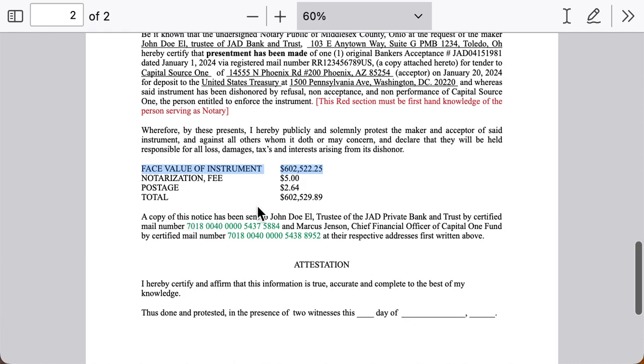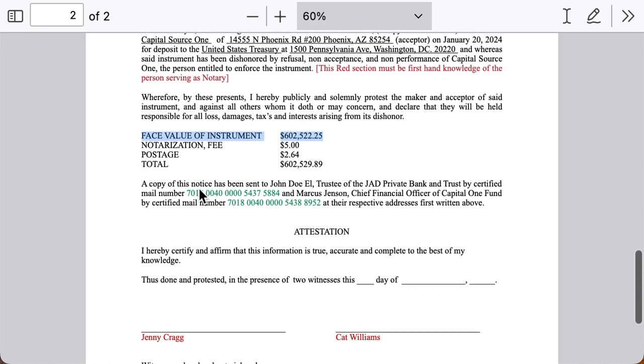And now we have the total here, $602,000 in this example. Now, I think this accounting is really important on this particular instrument of protest, because this instrument is now a debt instrument with a value. So this is actually evidence that may support the 1099-C cancellation of debt. So this is actually an accounting for that, and I would make sure that it matches up,